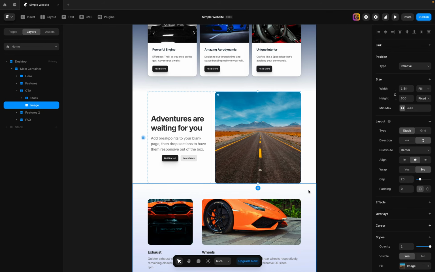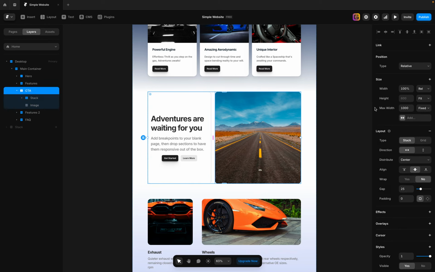Okay, on this part of the video, we are going to go ahead and add a footer and also a navigation bar. But before we move on, I want to change something here real quick, and that is the height of this image. So if we come here and we select the main container, we can see that it has